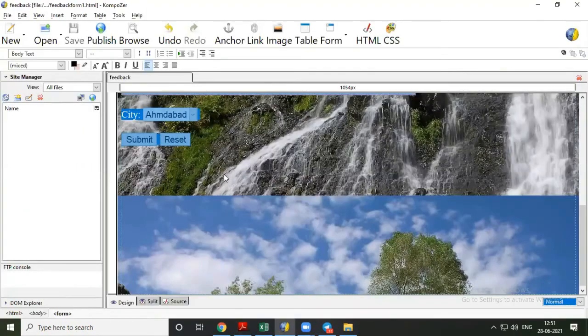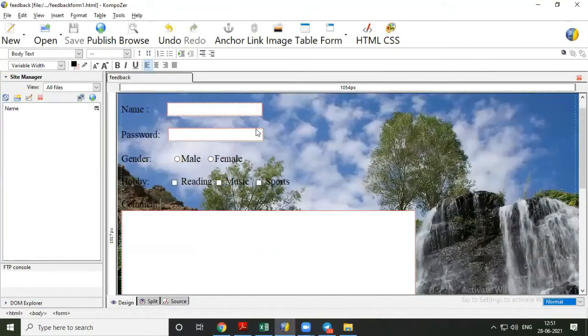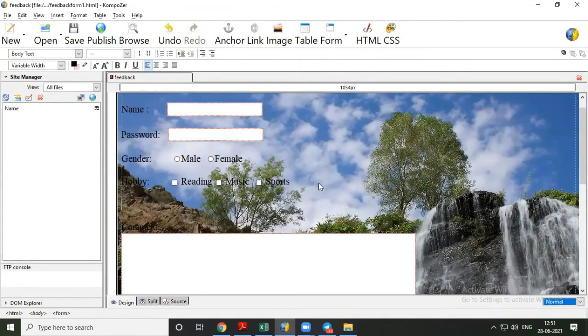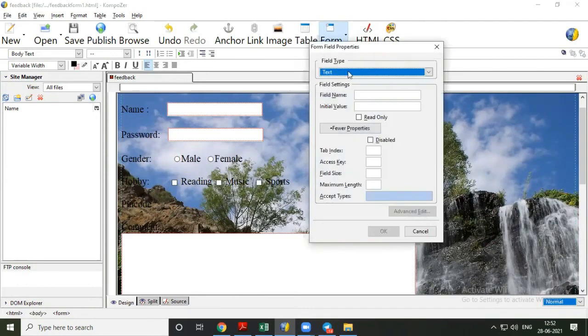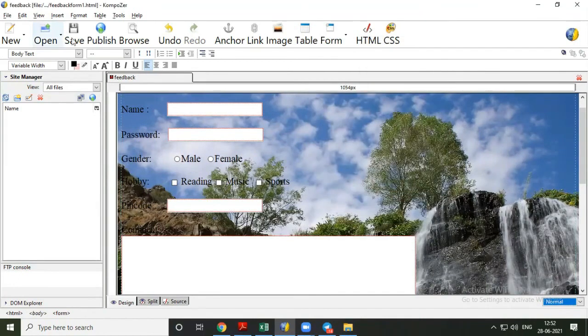Now I'm adding one more field, that is for pin code. Here I'm leaving one space for pin code. Here again it is the syntax: form field, text, pin code. Same name I am keeping here. And I am clicking on OK. Save this and